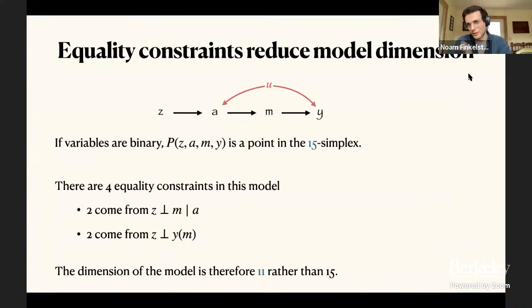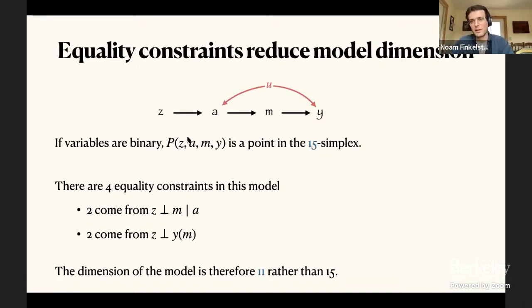Okay, so the next kind of simple thing we can do is notice that equality constraints reduce model dimension. Let's assume we're only interested in the factual random variables. We have maybe a causal compatibility question, so we don't care about counterfactuals. So we only have 4 variables here. And if the variables are binary, then any model over these 4 variables is going to be a point in the